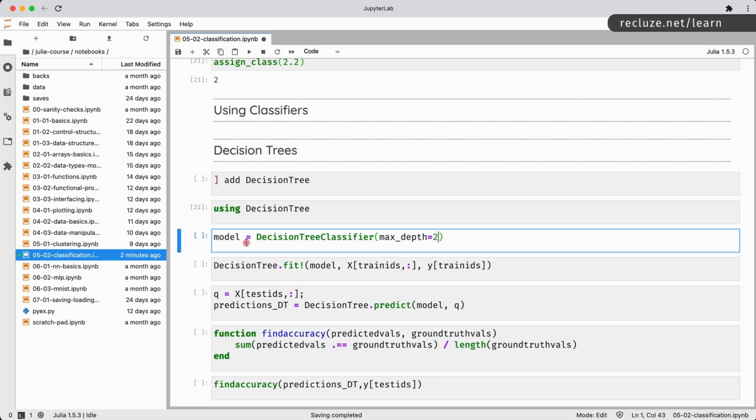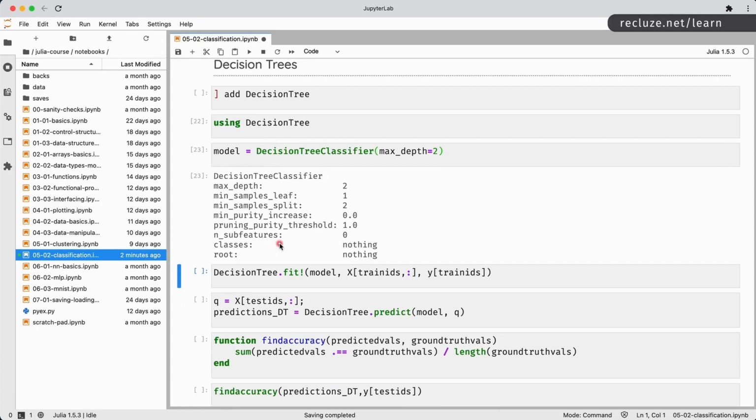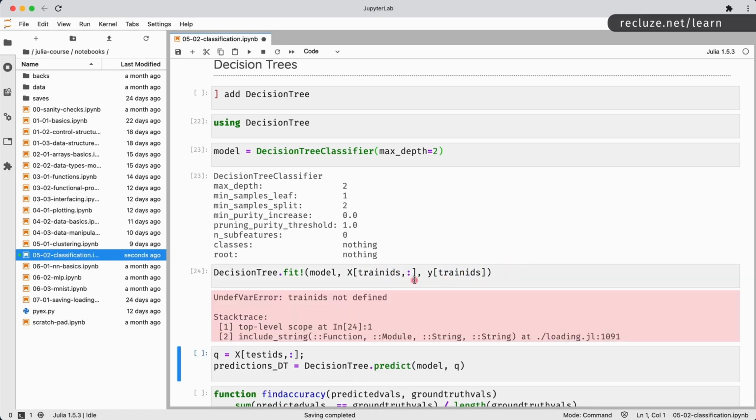For us, we are just trying to use it here. Okay. So we create the model and we pass it the values. So fit function is going to do the actual learning, and this is going to be the model that we are using. We are going to give it all the train values and the labels for the train values. So you would remember we had train IDs. So we are going to take all the train ID rows and all the columns from X and the train IDs rows from Y. So that's all there is to it. We do that and we get the result out.